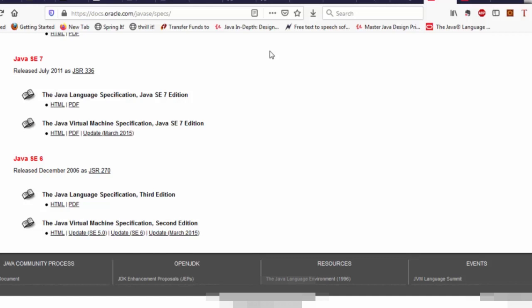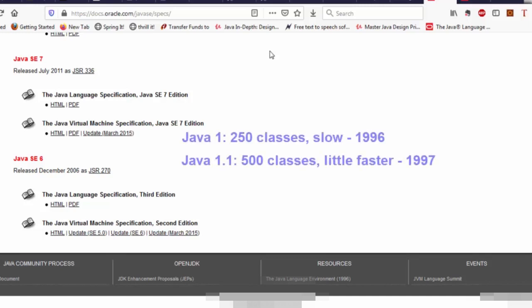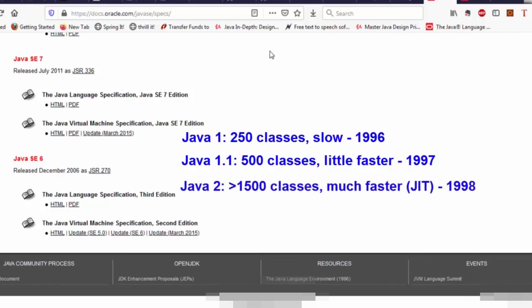So in the initial versions, let me just give you an idea about what came out in those initial versions. Before Java 6, like in Java 1 and Java 1.1, they had only a few hundred classes. Recall that each release comes with the Java library, and the Java library had only a few hundred classes, and the platform itself in Java 1 and 1.1 was pretty slow. Then Java 2 came out, and it was a major release with the addition of a significant number of new classes. There were a large number of classes that got added, and more importantly, it was faster too, as it